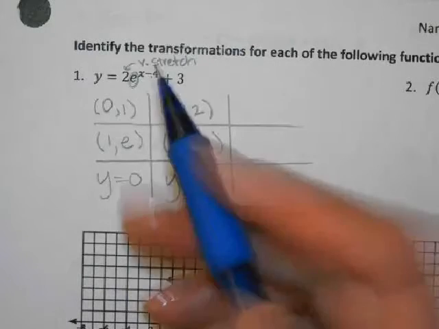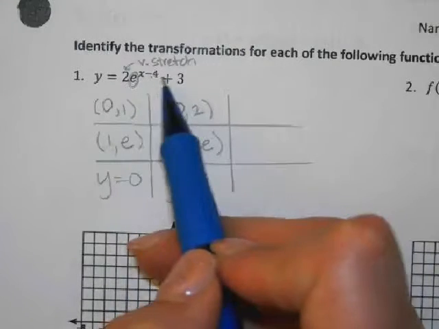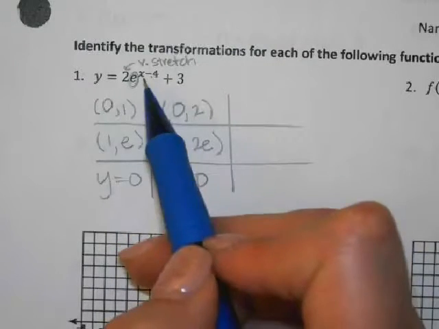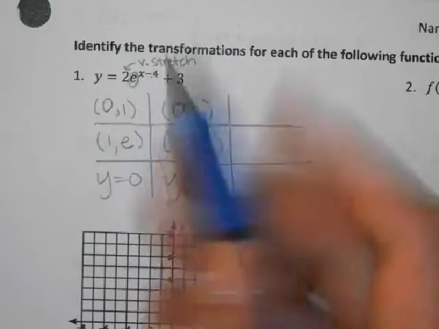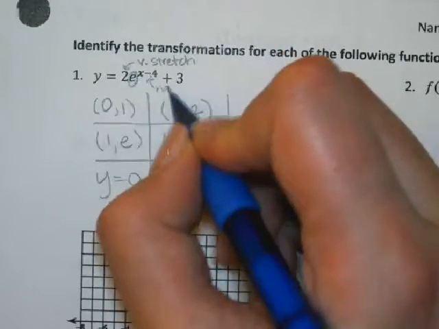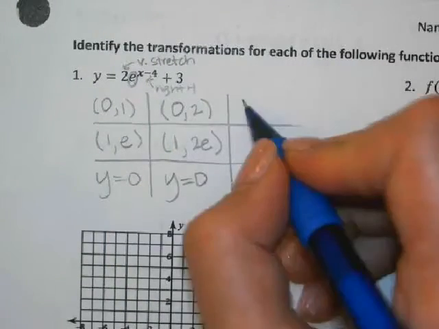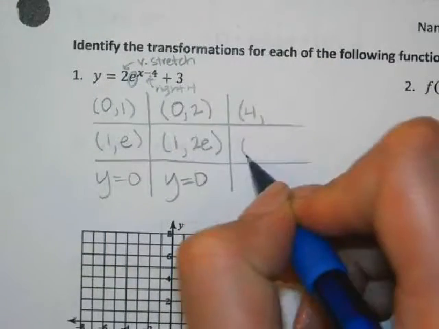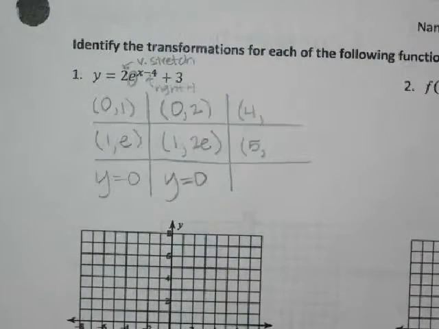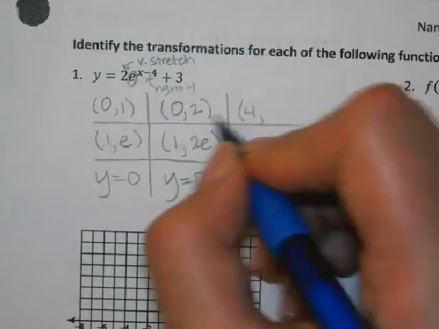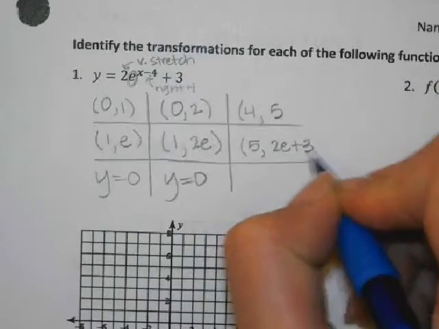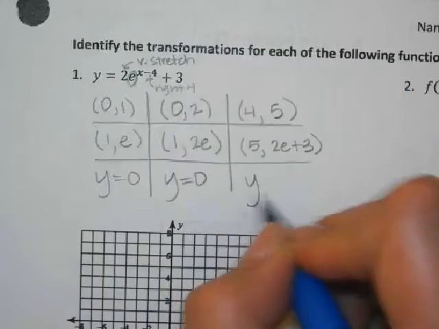Right, 4. So the exponent is considered to be the inside of the function. You could put parentheses around the x minus 4, but you don't really need to because they're already kind of up there. So that means we're going to go to the right 4. So I've got 4, 5, okay? And then what's the plus 3 on the end mean? Up 3. So 2 plus 3 is 5, and then we have 2e plus 3, and the horizontal asymptote is